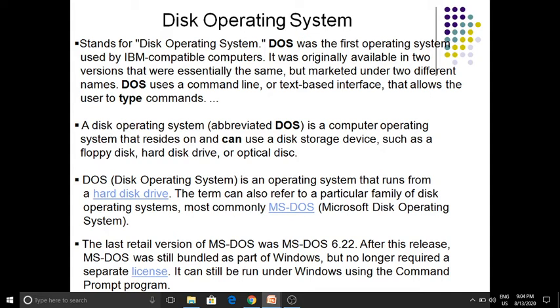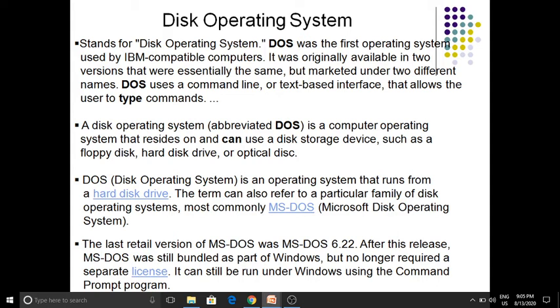It was originally available in two versions that were essentially the same but marketed under two different names. DOS uses a command line or text based interface that allows the user to type commands. It is a single user operating system. It is a character based operating system.